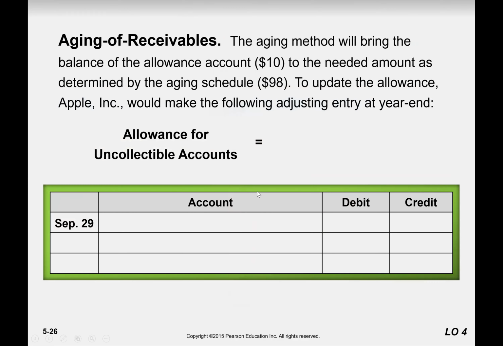Now the real part is that the aging method will bring the balance of allowance to the needed amount as determined by the aging schedule, right? So in our percentage of sales method, right, we found out that the allowance 10 was the beginning balance and 78 we calculated, so total is 88. So this aging schedule will give you this